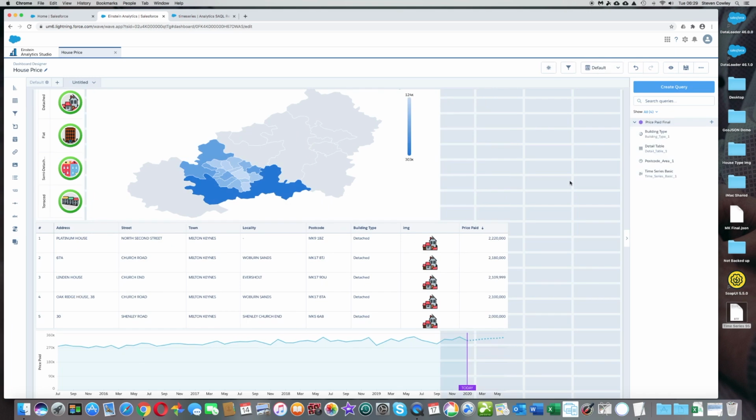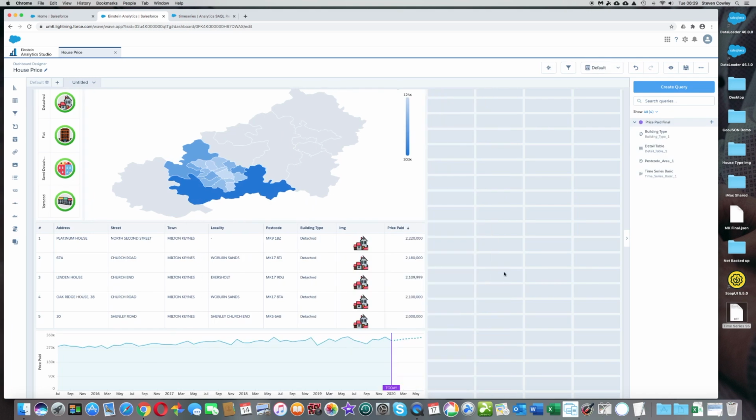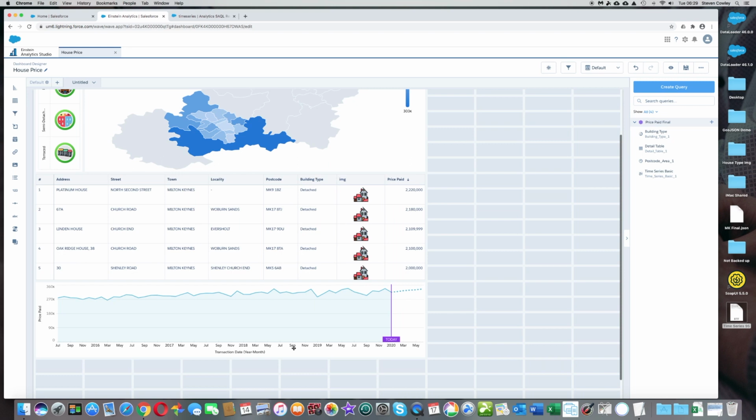Okay, so the last thing we're going to do is just look at a more complicated version of this time series looking at the future. So creating an area of prediction, and to do that we need to go into SAQL mode, and